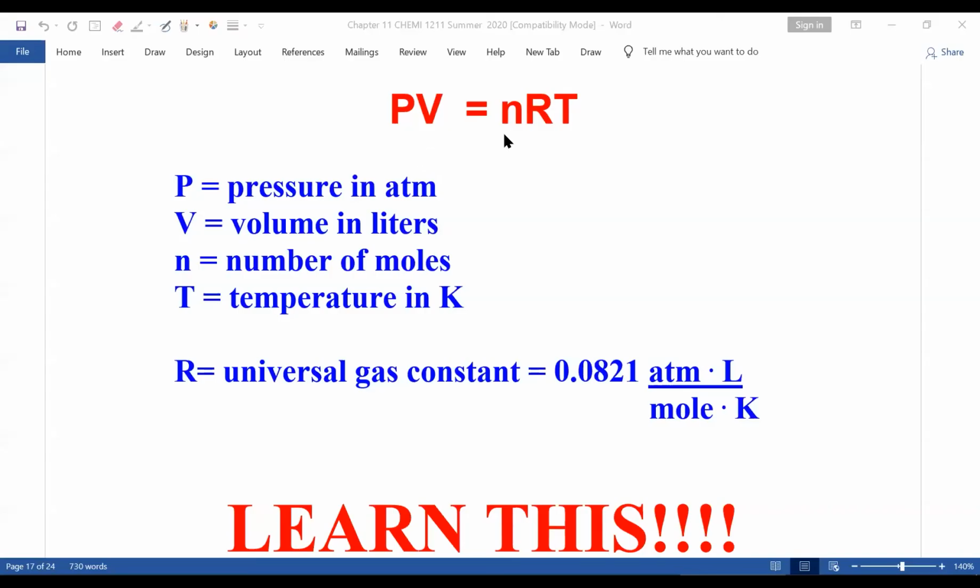All right, let's get back to PV equal nRT. N is moles, which you always are going to get as a weight, grams, that you have to convert into moles. R is the universal gas law constant. For this class, use 0.0821 atmospheres liters per mole K. This is a calculated number, not an exact number, and for my class, I use 3 significant figures.